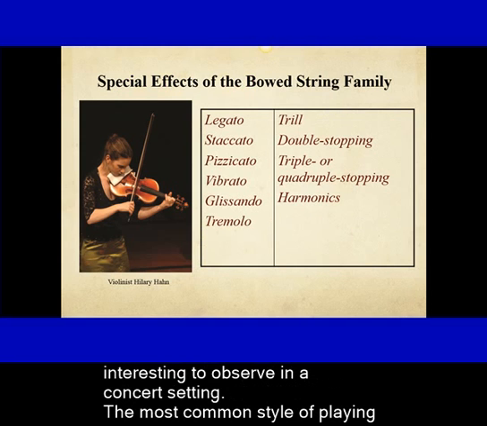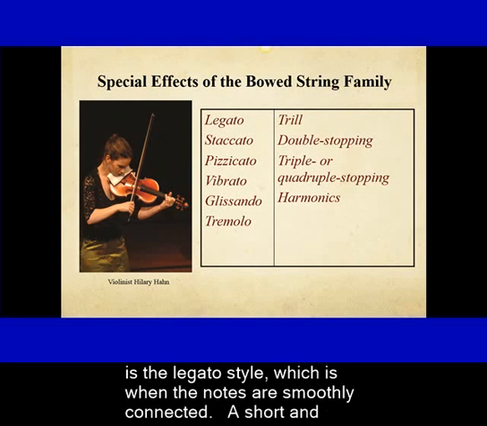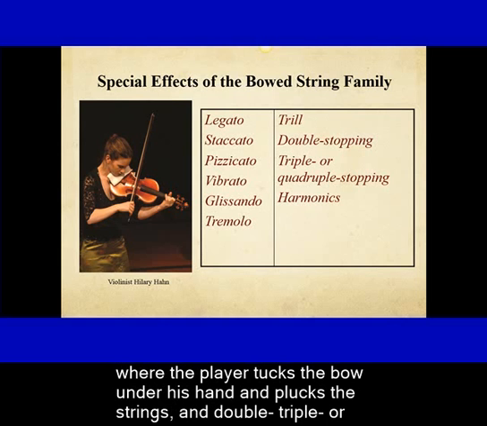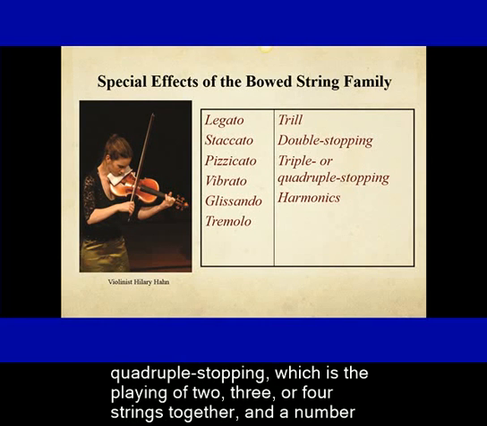The most common style of playing is the legato style, which is when the notes are smoothly connected. A short and detached style of playing is called staccato. Other effects include pizzicato, where the player tucks the bow under his hand and plucks the strings, and double, triple, or quadruple stopping, which is the playing of 2, 3, or 4 strings together, as well as a number of